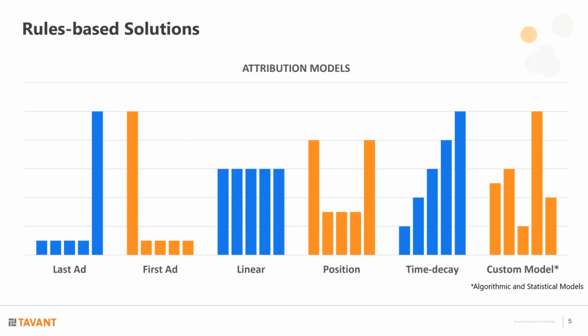So all of these models, as you can see, are very simplistic and really not data-driven, number one. And number two is they don't take into account the multitude of journeys that customers have had. So the final model is what I call the custom model, which is really using algorithmic and AI ML models and is very data driven.